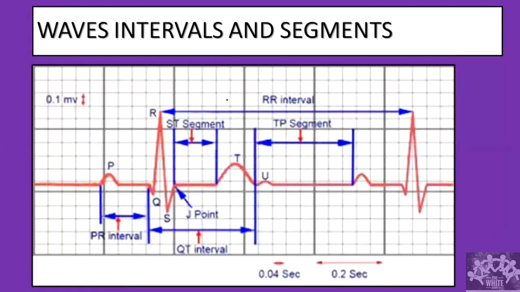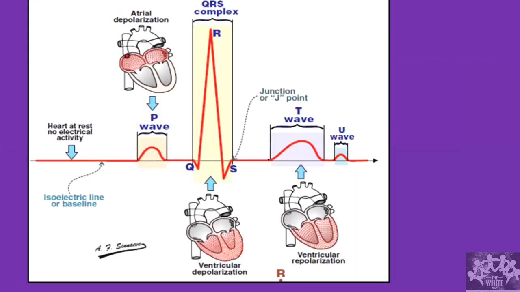So here we are seeing three things. We are seeing a P wave, a QRS complex. Whenever there is one or more waves in a particular deflection, it is called a complex. So QRS complex, that is why it's called a complex. Then we have the T wave and then we have the U wave. Okay, so these are the components of an ECG. Okay, and these represent specific activities in the heart.